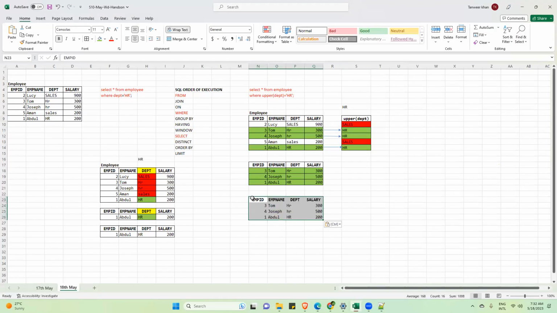Is the output same? Yes. Okay. So now with the help of the upper keyword, we have displayed all the employees who are working in the HR department, irrespective of their case. You see here HR, this H is in uppercase, R is in lowercase. Here H and R both are in lowercase. Here H is uppercase, R is uppercase. So all are in different cases. But with the help of this upper, we have derived this. Hope it is clear so far. Any question?